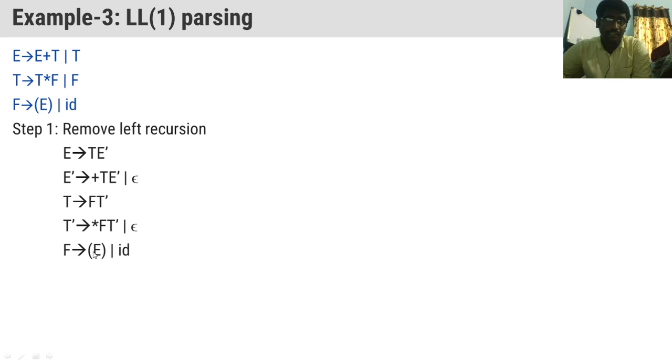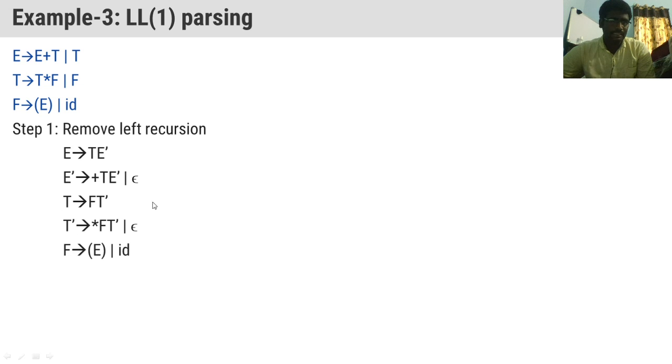You need to find out the first sets from this grammar, not from the earlier grammar. That's why before you compute first and follow sets, you need to verify whether the starting symbol of the left hand side and right hand side production are the same or not. If it is the same, then immediately you apply the left recursion formula and eliminate the left recursion. Hope you all understood. So this is how we find out the left recursion and left factoring before computing first and follow sets. Once it is done, we will find out the first sets from this grammar.